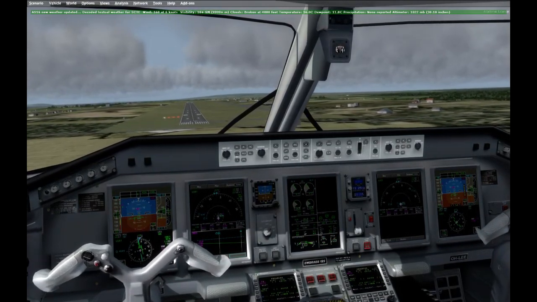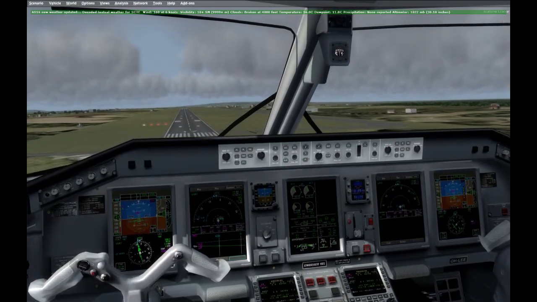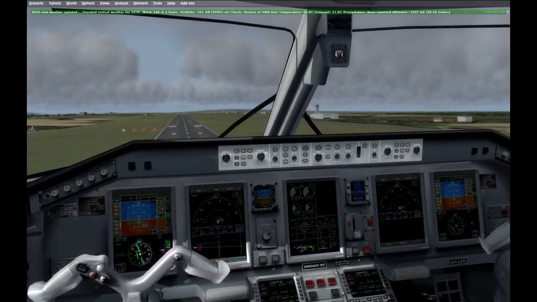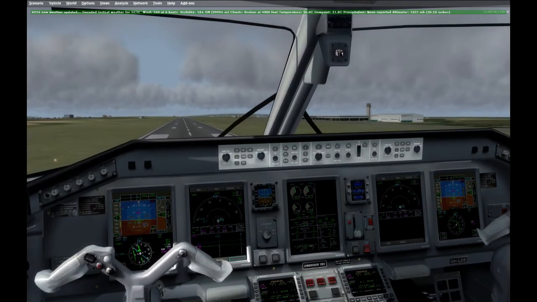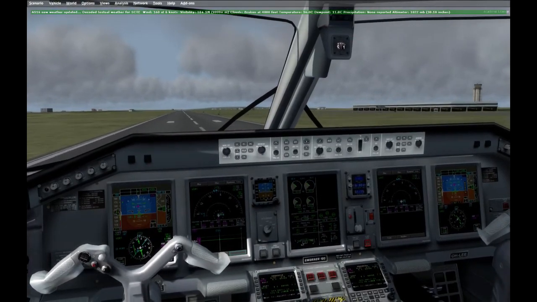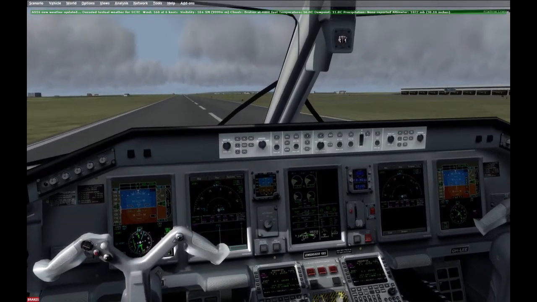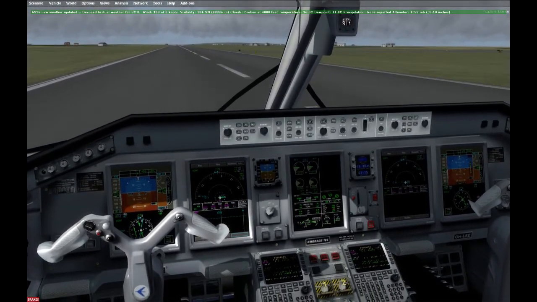Approaching minimums. Minimums. Minimums. 100. 50. 40. 30. 20. 10. Bit off center, but